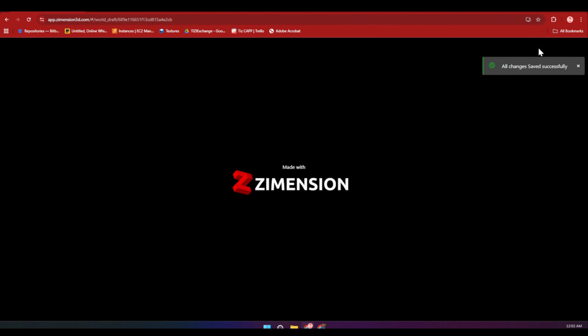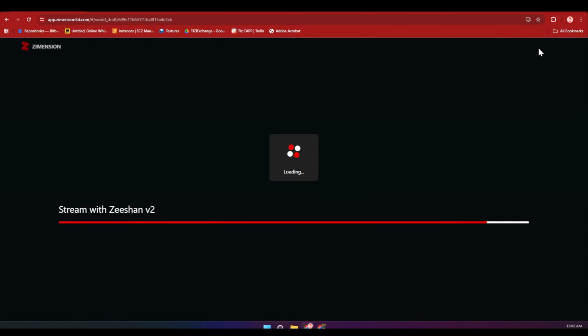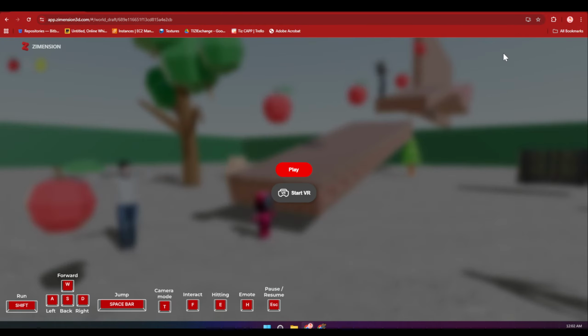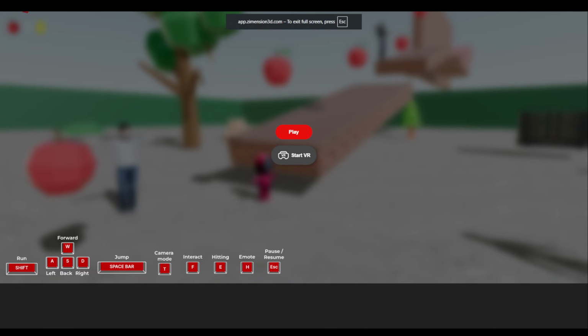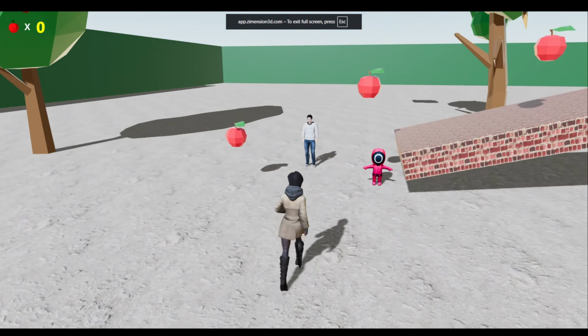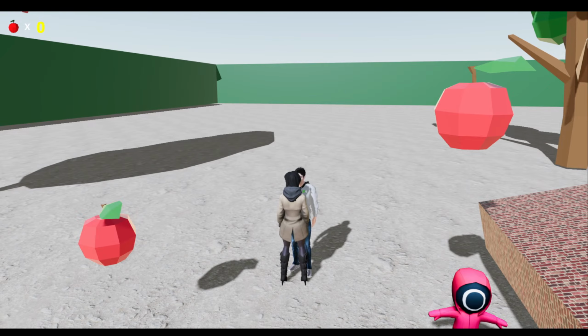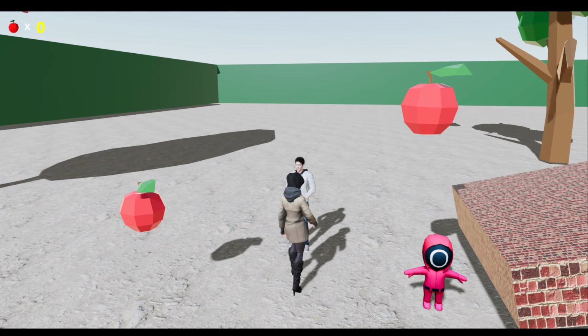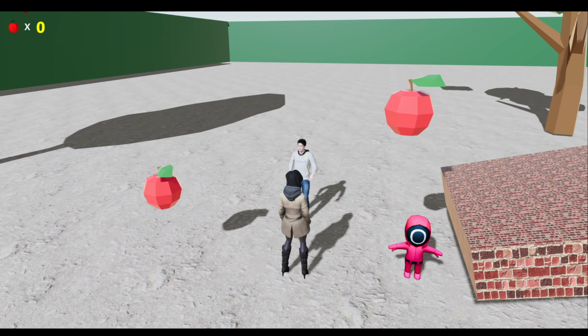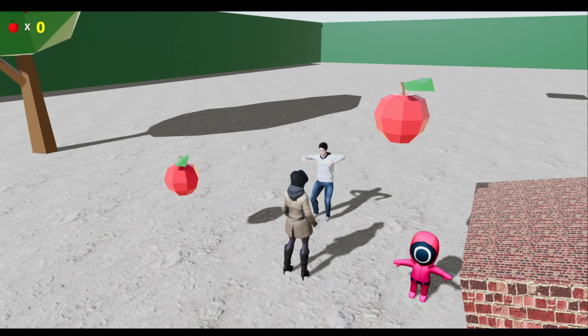Now if I play this, yeah, we'll end. I'm just showing this UI part. Hello there, welcome to Zimension Car Studio. How may I help you? Looking for a supercar? We have an awesome collection of luxury and sports cars. See, after five seconds the UI has appeared, and if I click on leave, he will dance.